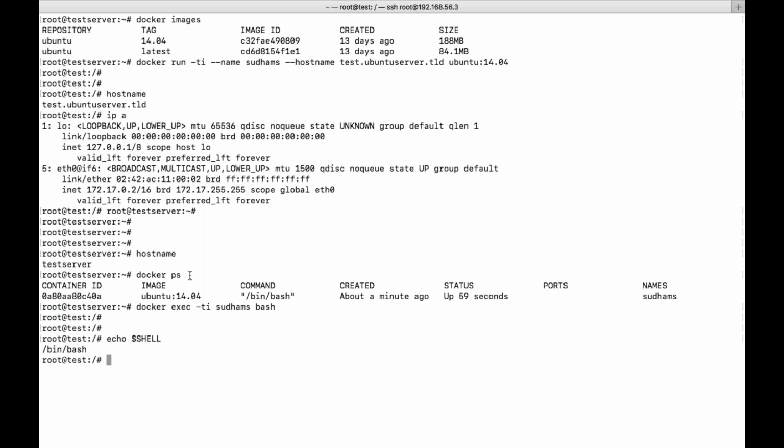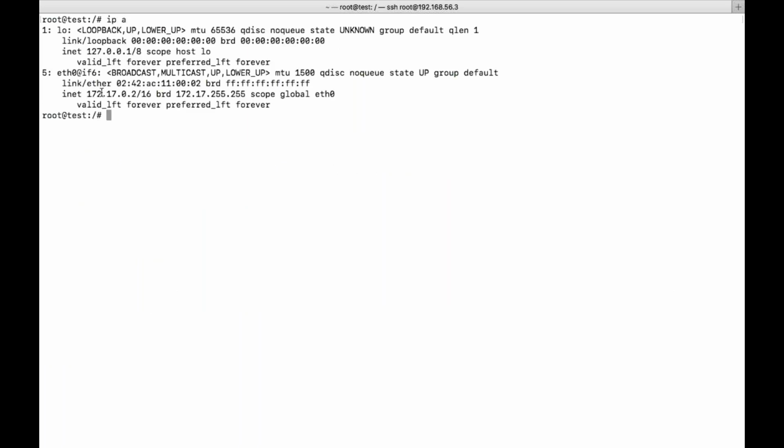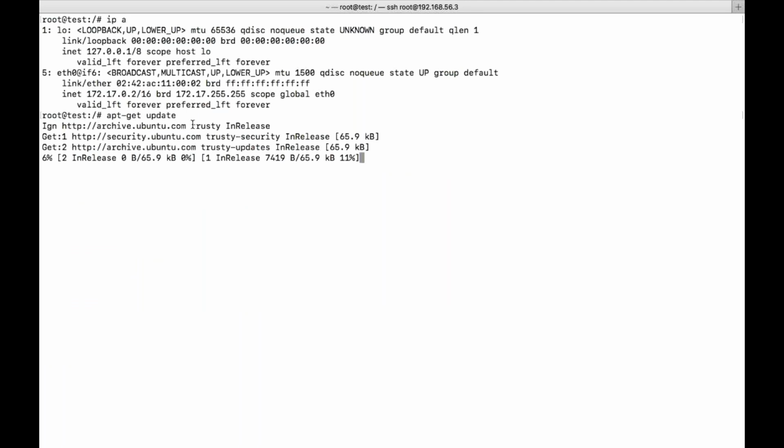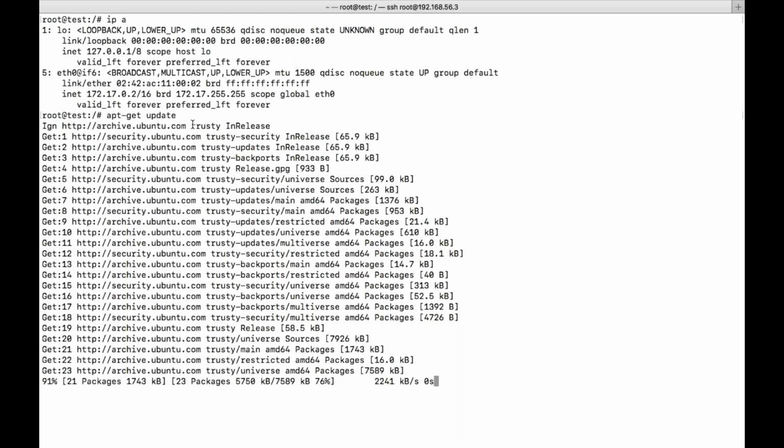Now let us try to install something. I have the IP address, but this IP address is not reachable from a browser. Let's see how. I am installing Apache web server with apt-get, or you can install Nginx, or Tomcat, whatever you want, according to the Ubuntu operating system 14.04.